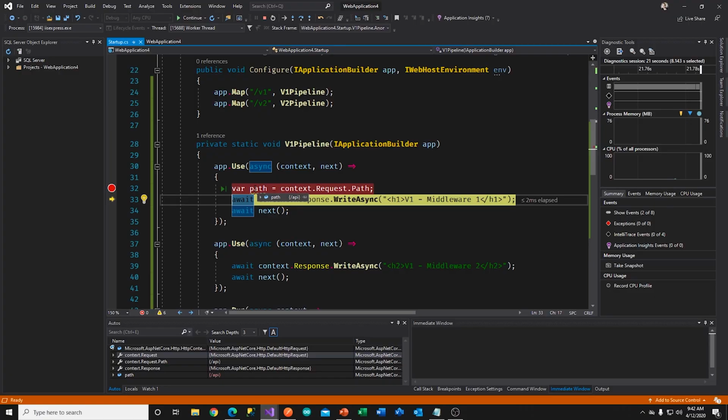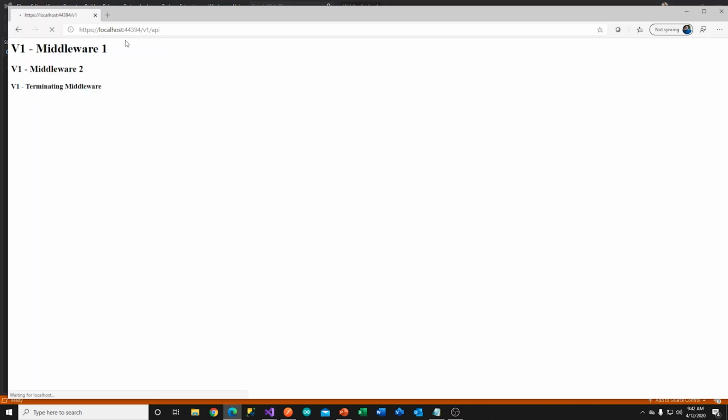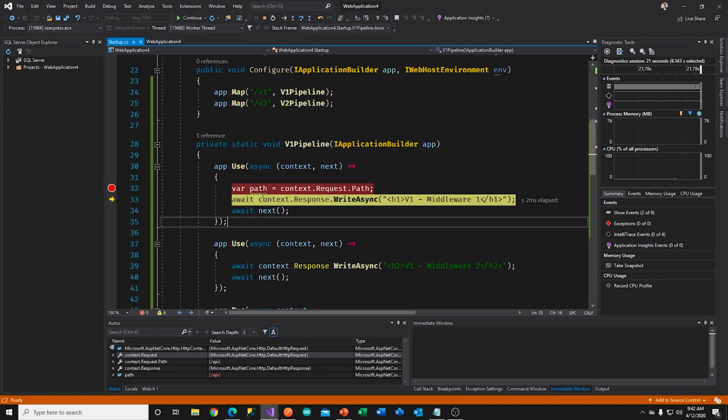Right? So that's a very important thing to keep in mind, because you'll have controllers, let's say, and I'll talk about that in the next part of this episode. But the controller is already expecting a certain path. So if you branch on that path, then it's not going to match the controller, because the controller expects to find the path, but it's not there, right? So in this case, even though we've put in /V1 /API, what you see in the code here is just, let me show you the,